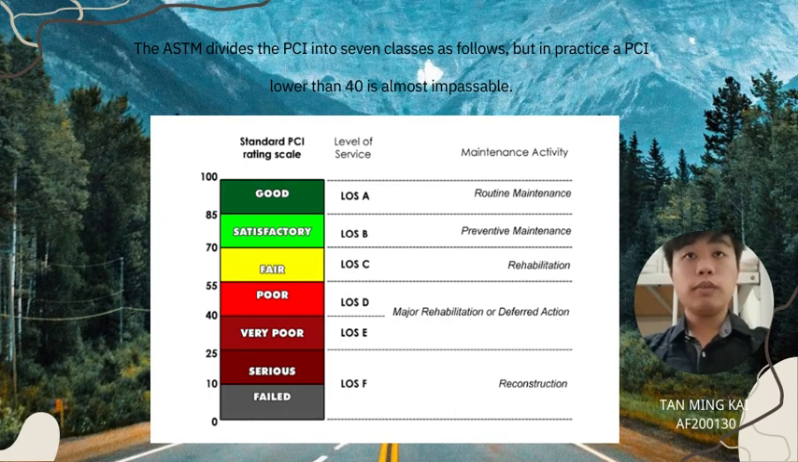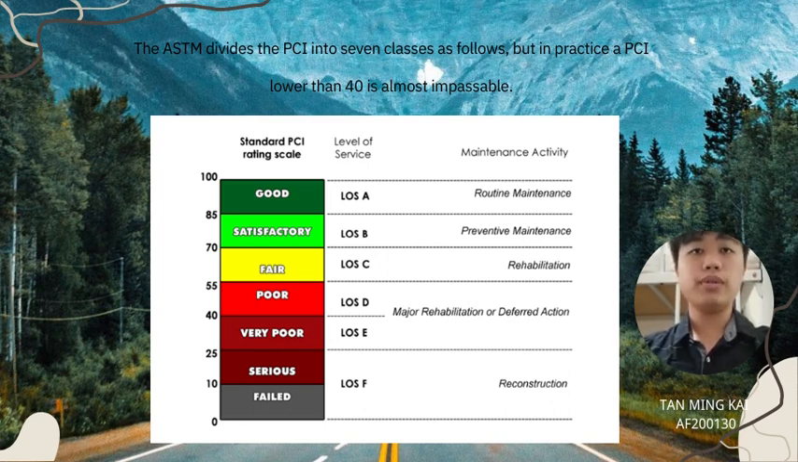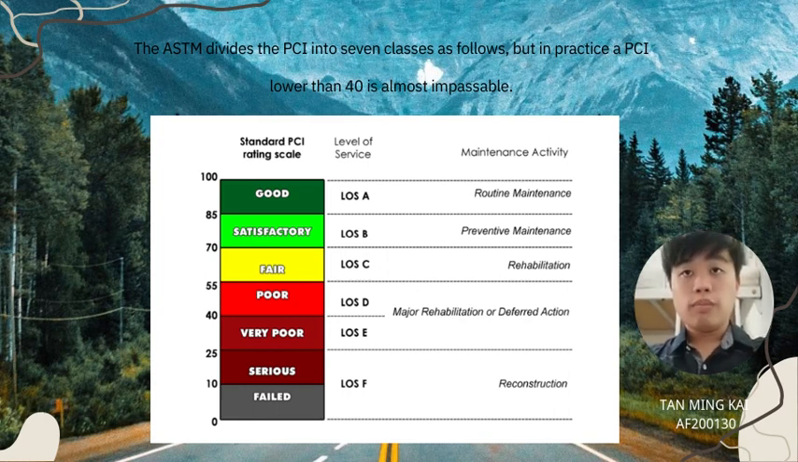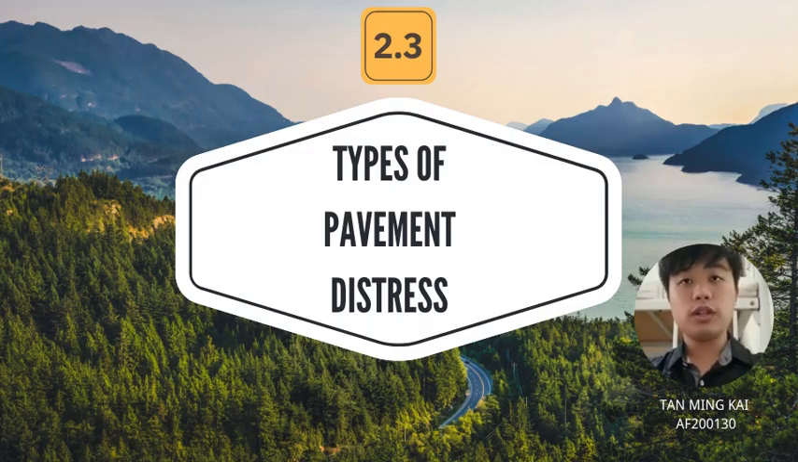The ASTM has divided the PCI into 7 classes: good, satisfactory, fair, poor, very poor, serious, and failed. Each standard PCI rating scale has different maintenance activities: routine maintenance, preventive maintenance, rehabilitation, major rehabilitation or deferred action, and reconstruction. Next, we proceed to the different types of